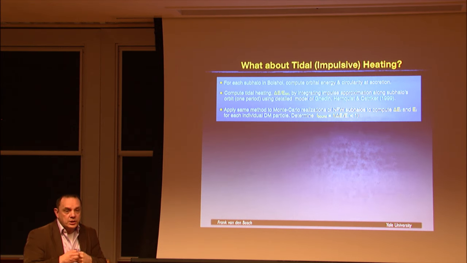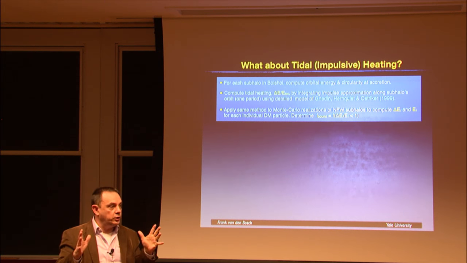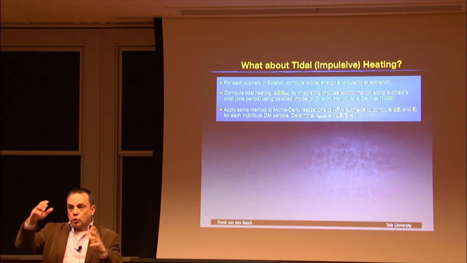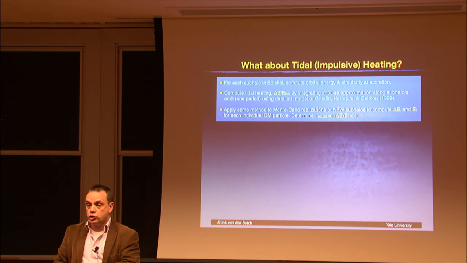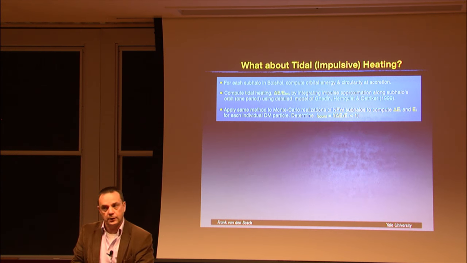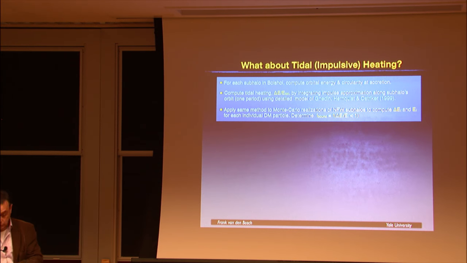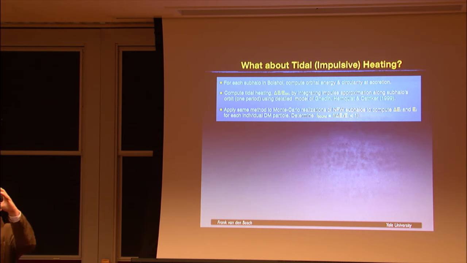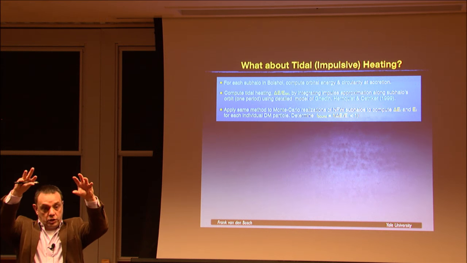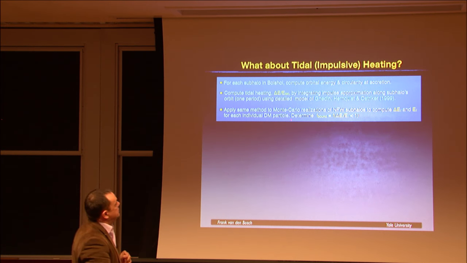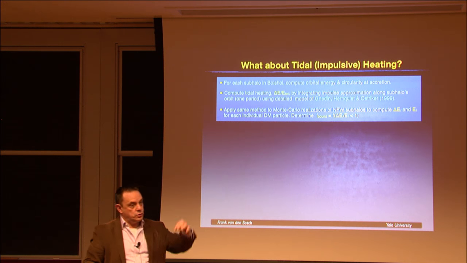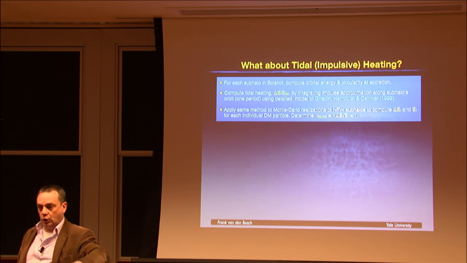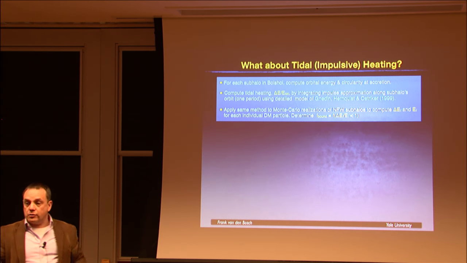So the question is, but you have not included any tidal heating. And most orbits are eccentric. And then you get tidal shocks. That must cause disruption, right? Well, let's see. What do we expect? In order to work out what we expect, what I did is I went to Bolshoi and I identified all the subhalos at accretion. And for each subhalo, I measured the orbital energy and the circularity. So I now know what the orbit that subhalo is going to be on. And then I integrate that orbit.